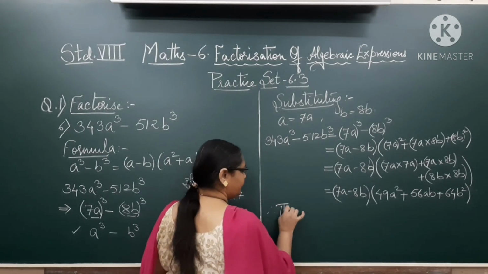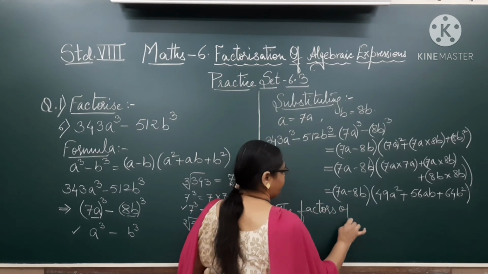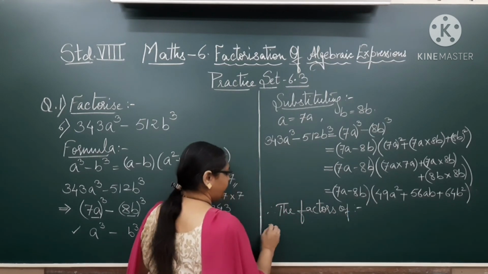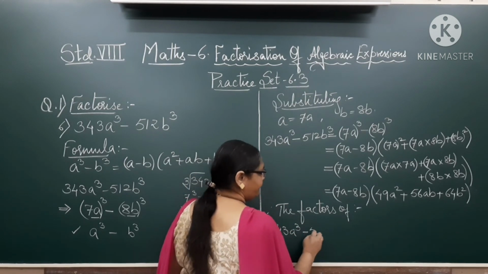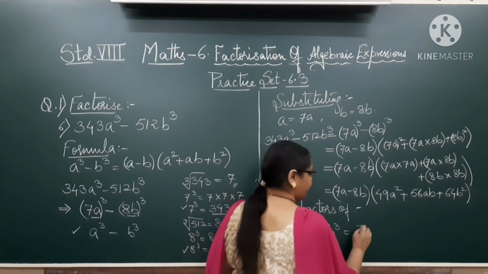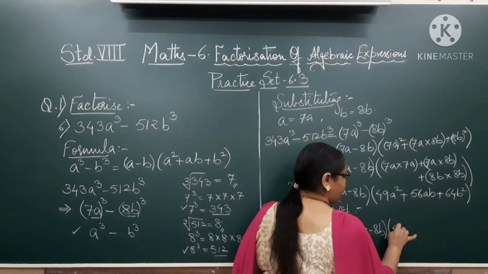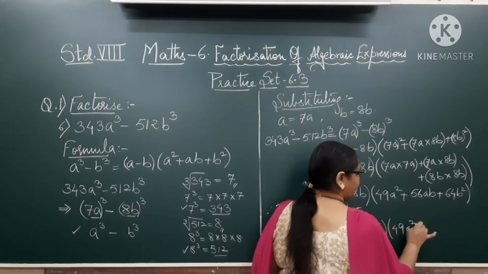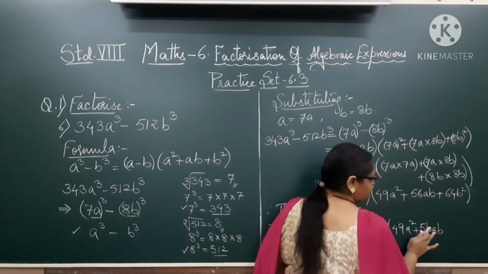Therefore I have got the factors of 343a cubed minus 512b cubed as 7a minus 8b and 49a squared plus 56ab. Sorry, this is